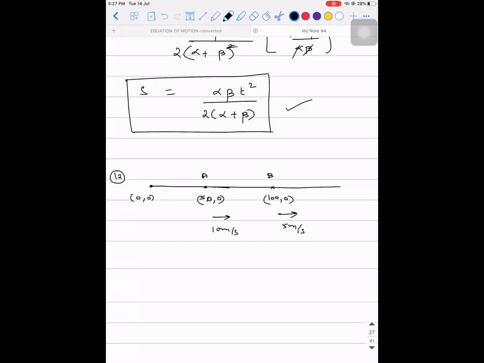Okay. First of all, tell me, is there a possibility that A will overtake B? Yes, sir. Why? Because of its velocity. Because it has a greater speed. Had the question been in the reverse, like if this was 5 meter per second and this was 10 meter per second, what will your answer be? It can't overtake. It is never. Right? Whereas in this case, it is possible. That is at some point. So before they overtake, there should be one particular point where they meet. Am I right? So let's say they both meet at point C. So from the origin, this distance to C will be the distance at which A will start overtaking B. Is there any doubt on this point?